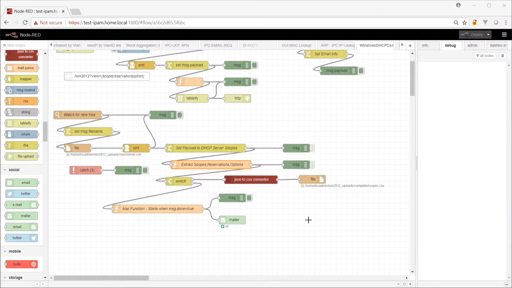And this is video 2 of my Windows 2012-2016 DHCP conversion utility that I'm prototyping in Node-RED, and actually maybe the end product when I'm done, but allowing us to automatically upload an XML file that is really the DHCP export of a 2012-2016 server, and to copy that into a specific directory that's being watched where it gets processed and creates the various exports or imports that we're going to use for importing that information